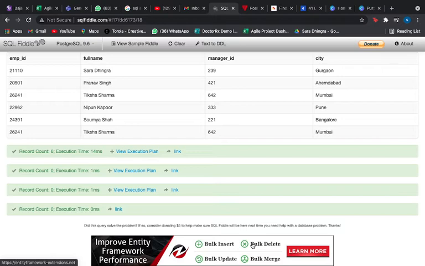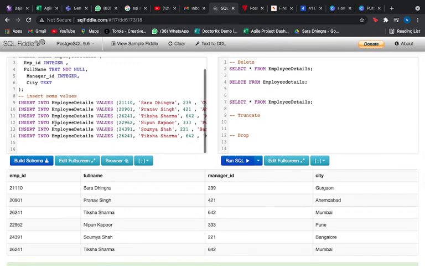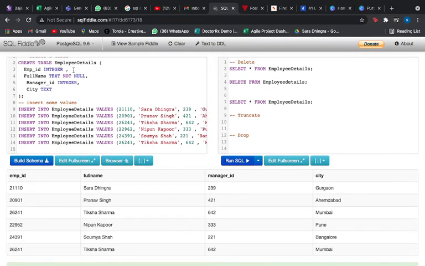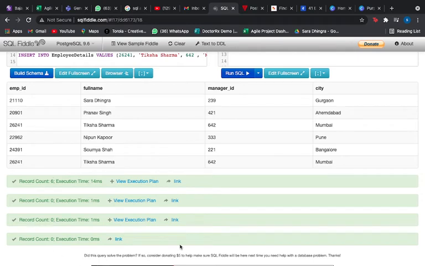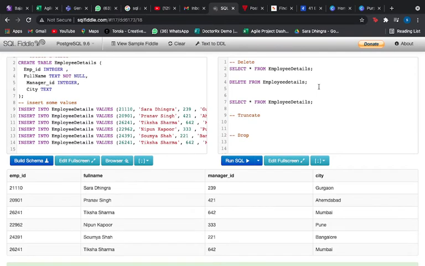Remember that here our table hasn't been deleted. We still have the table called employee details with the structure, with the schema, which has all these attributes, that is employee ID, full name, manager ID and city, but they don't have any tuples, any records within it, and that is the reason I'm not able to see anything here. It is not showing me any error or problem, but it is not showing the table because there are no records to show. So this is how you use the delete command. Either you can use it directly, or you can put a condition with the where clause and then delete the particular tuple or row.